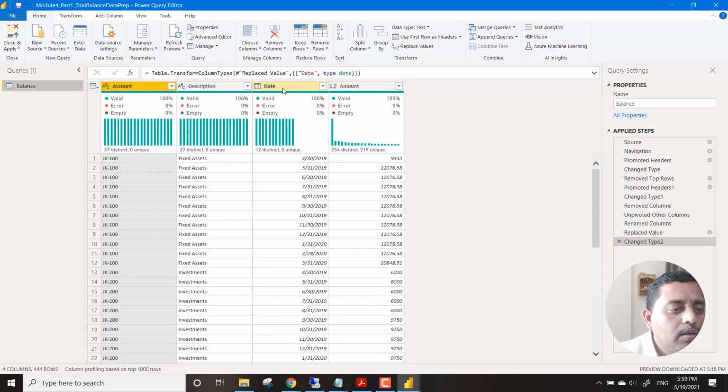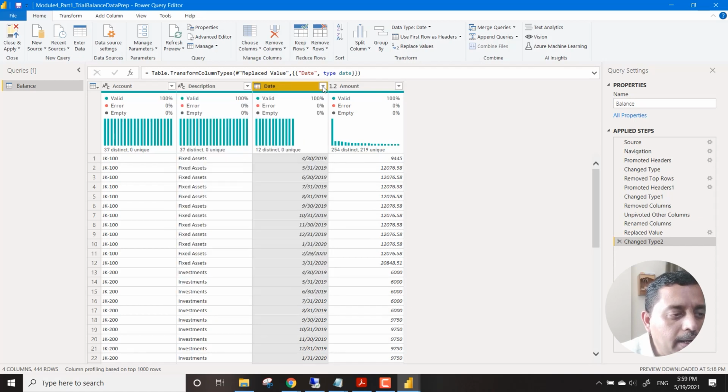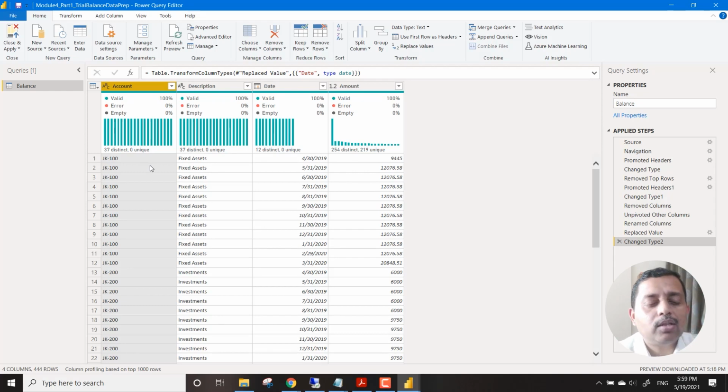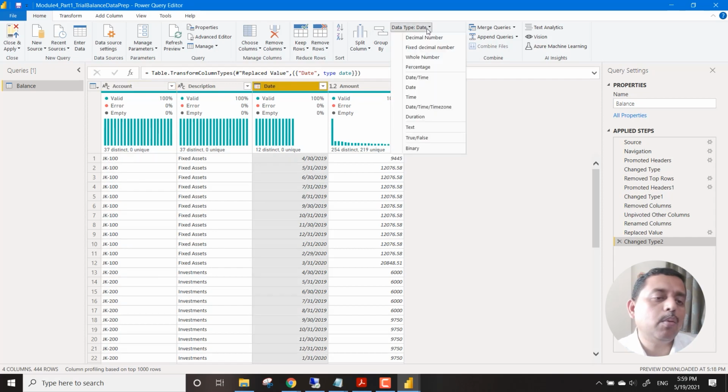and we see that one of them is identified as date and one of them is identified as a decimal. So now we can see this is a decimal number, and this one has the date, and then the descriptions are in the text format. So text cannot do any calculations over here. There might be some cases wherein you might have to move this date into a text format. There are options from where you can update this over here as well. So these are the major steps that we follow.